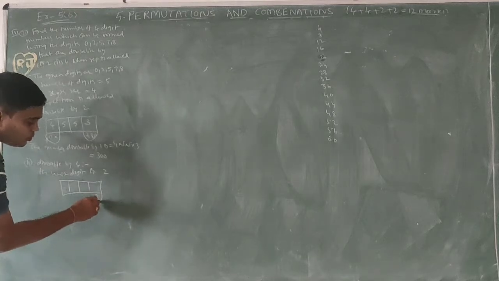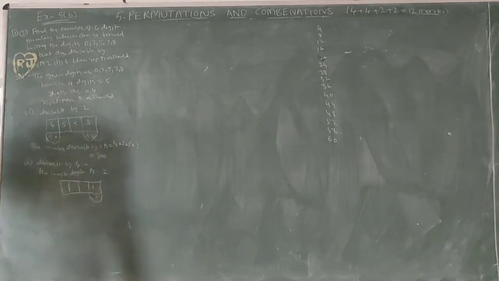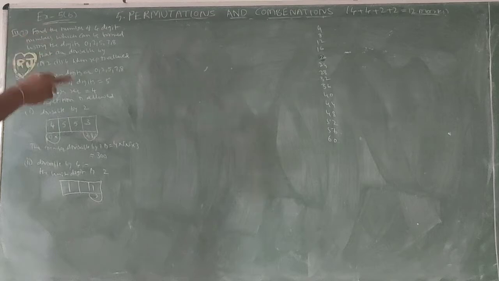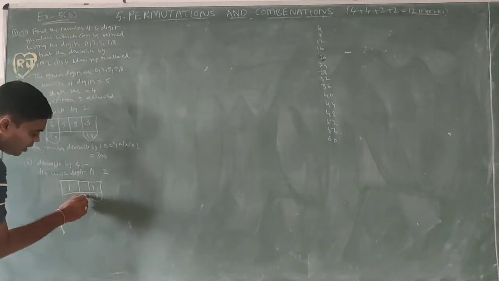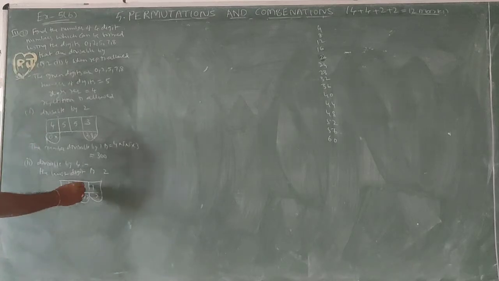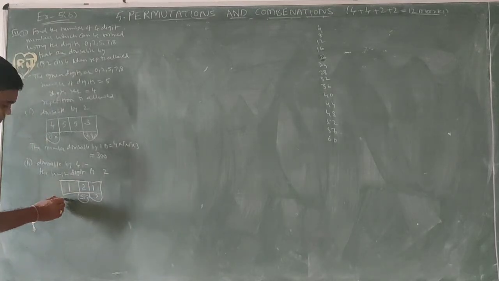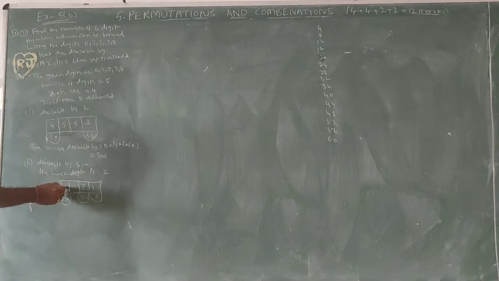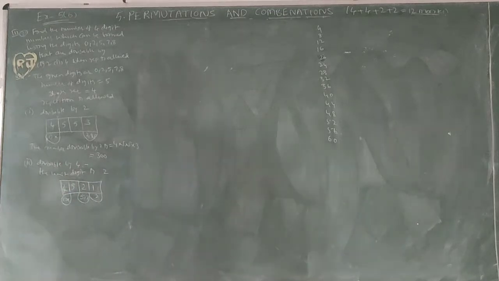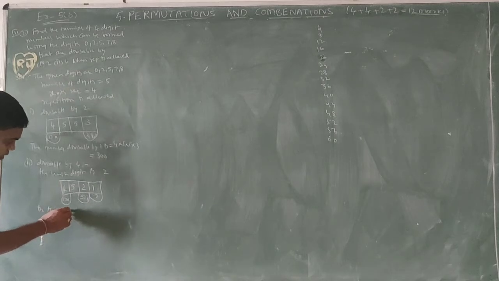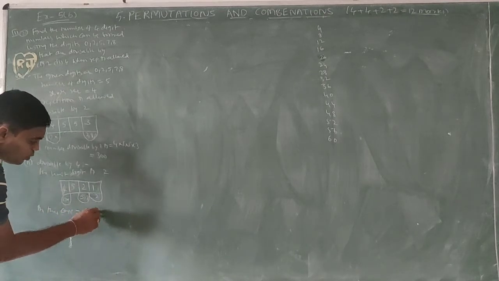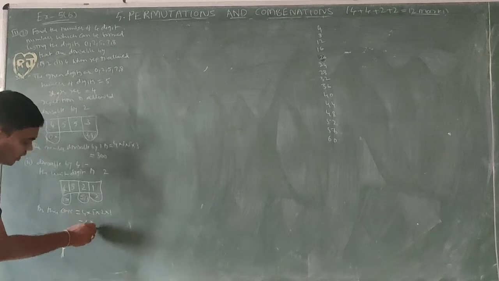So this is 2, only one choice. Before 2, what should it be? An odd number. What are the odd numbers? 5 and 7, so 2 choices. It won't be 0. Now how many choices for this? 4 choices. There won't be any condition for this. 5 choices. In this case, 4 into 5 into 2 into 1 equal to 40.